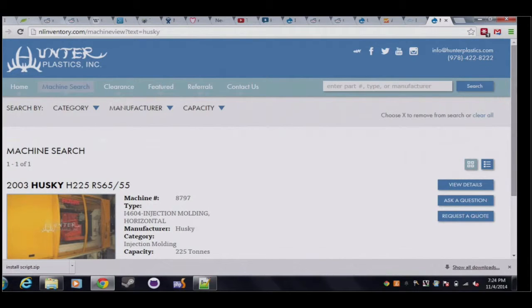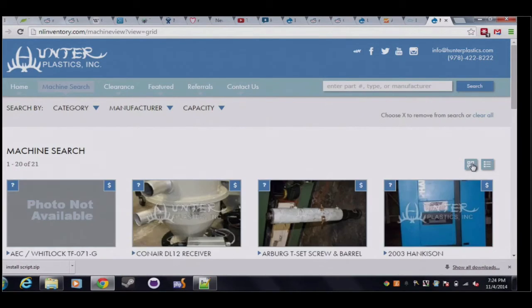So you're saying if you click on clearance now, then Husky will still be part of the search? No. So the search is only on this page. The only thing that it remembers between clearance and featured is whether it's grid or list. And I was looking at preserving searches between, right now it's Husky. I was looking at preserving searches here if I were to switch, but I found it was clunky as a user experience, and also I added about 10 other session variables because you had to check whether